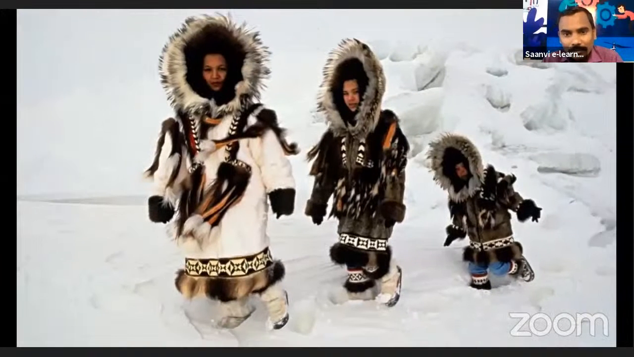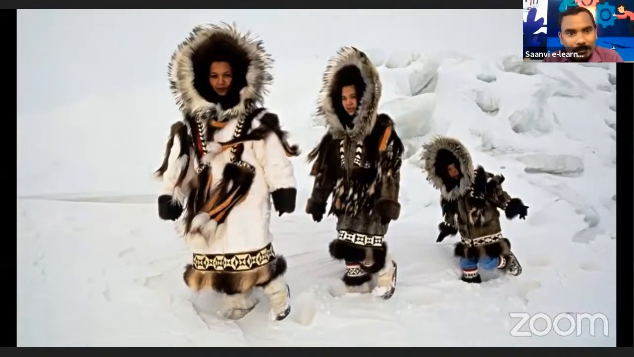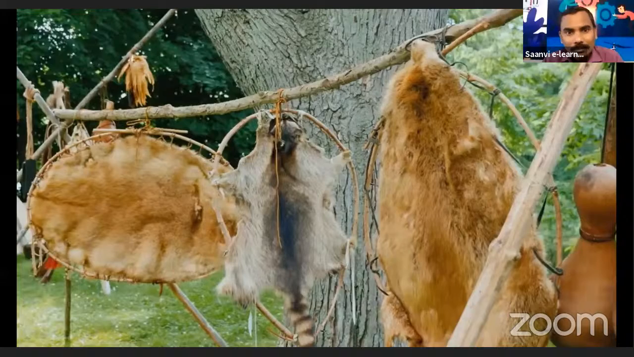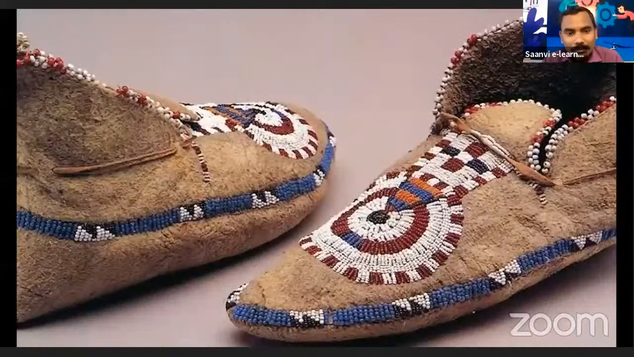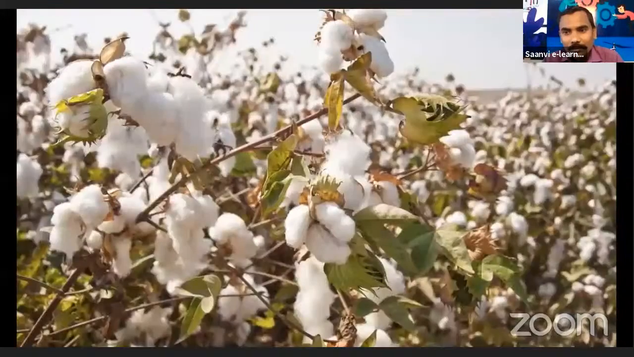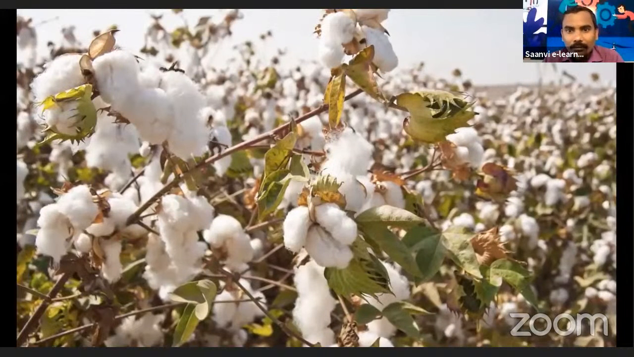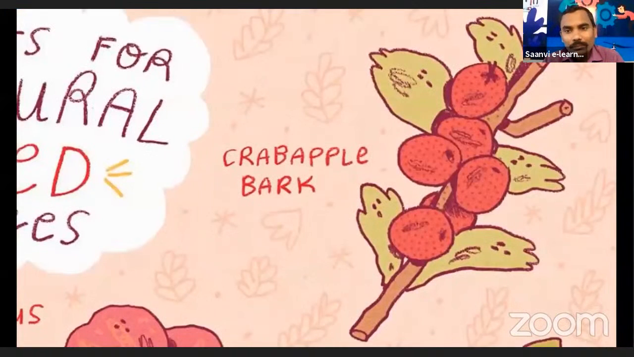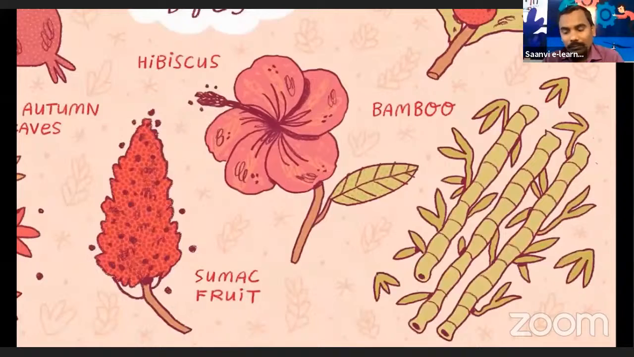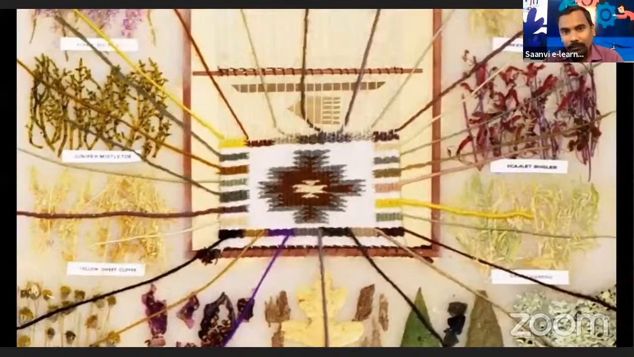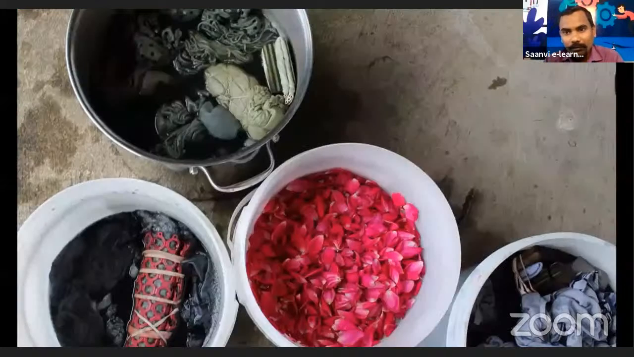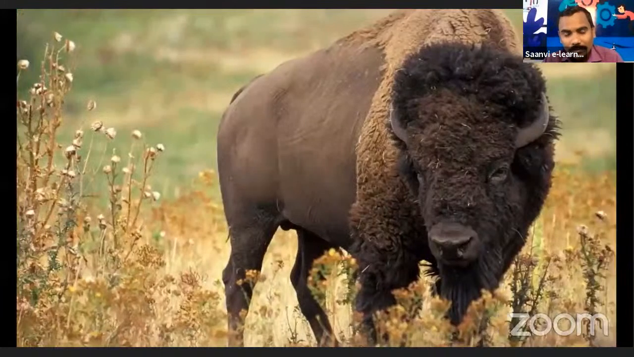A common material for clothing was animal skins. The soft leather of the animal hides was used for shoes as well as covering for some of their homes. Plants and cotton were also used for clothing. Native Americans used the resources around them like plants, bark, and roots to create dye. They used the dyes to color their clothing, baskets, mats, and other items. Many tribes hunted buffalo or caribou for food,